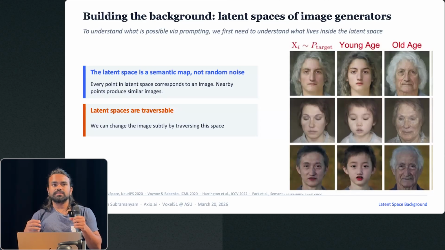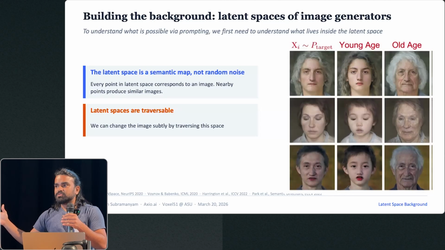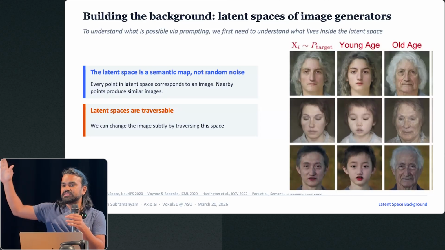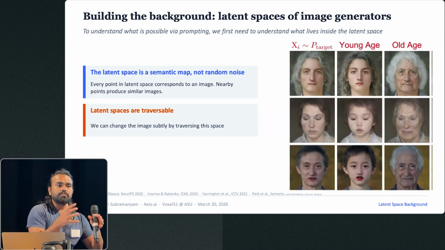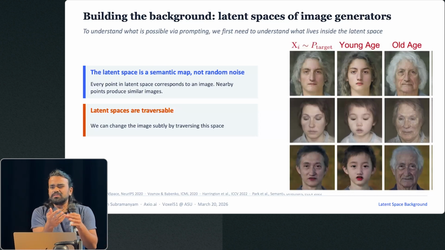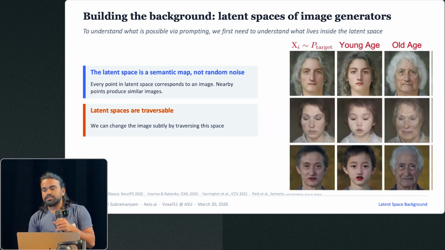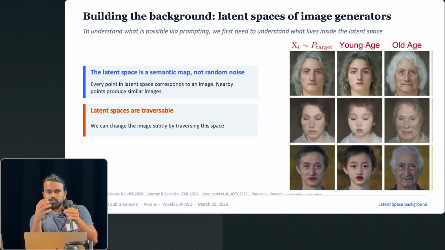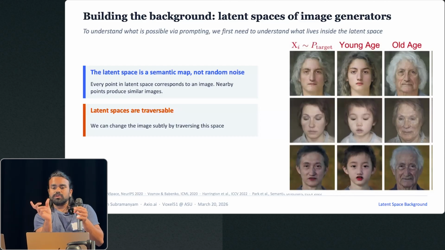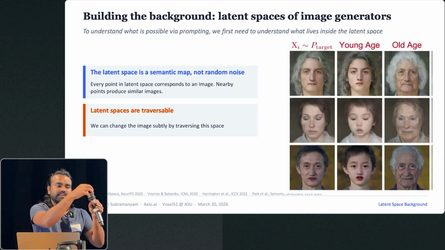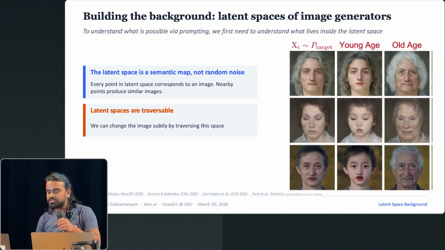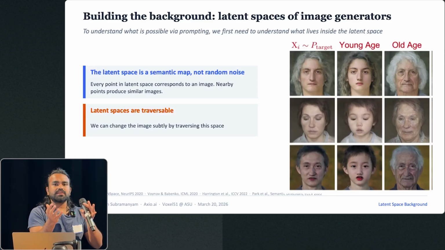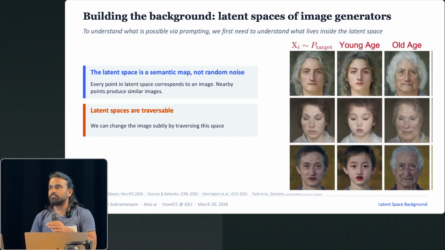I'll position it like this. We have an image distribution. We want neural networks to generate that distribution. We map the distribution to a known prior distribution. In many cases, it would be Gaussian priors and stuff like that. And between this mapping is where the neural network sits, where it can sample from the known distribution and generate a corresponding image. But there is a lot happening in the process of learning to map.